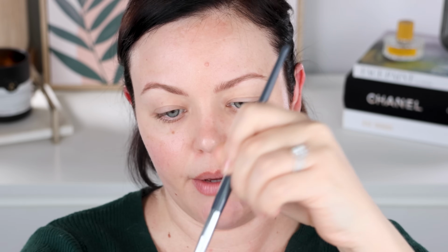For a cream shadow, these ones blend really well. I'm going to take the brown one first, and I might start with a little bit on the back of my hand. I'm going to pick it up with a BK A503 blending brush and work it into the brush like this a little bit. I find when I'm working with cream shadows, synthetic is the way to go over natural, but you do you. And I'm going to blend this in as a